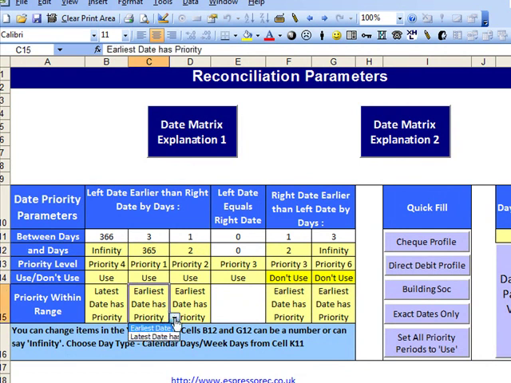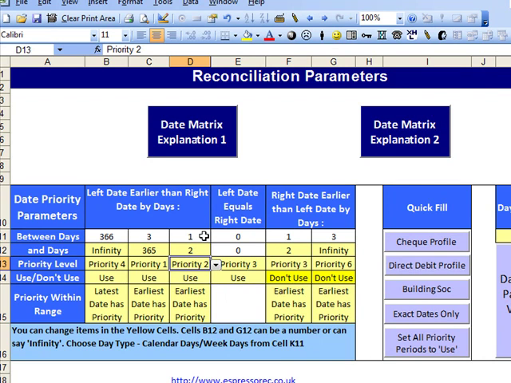And these parameters on row 15 give the instruction if more than one such item is found, then use the one that has the earliest date. This can be changed to use the one that has the latest date. As sometimes banks offer special clearances to clear checks quickly, some checks can be cleared quicker than the standard 3